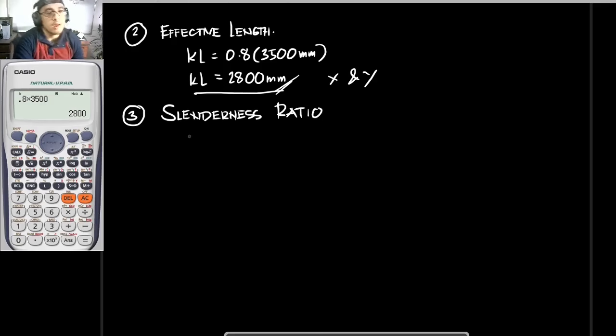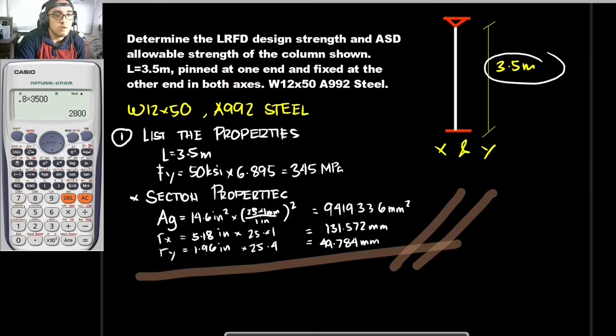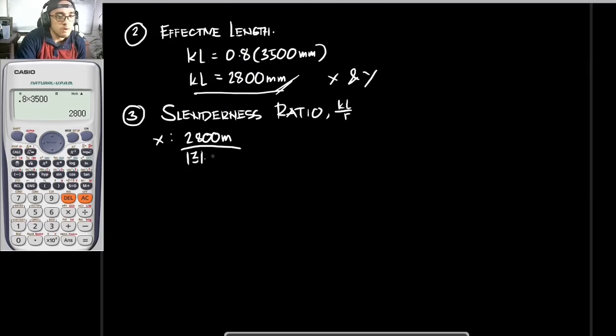That would be KL over R. So for our x-axis, that is to be KL, which is 2,800 mm, divided by, ano yung Rx natin? That is to be 131.572. So solving for this, the slenderness ratio about the x-axis would be,